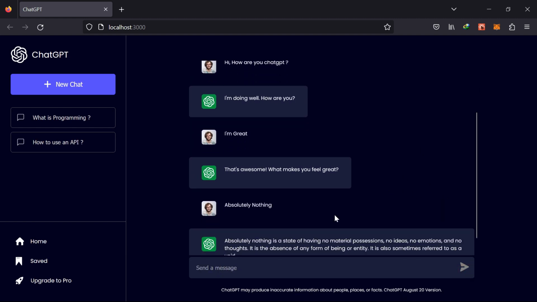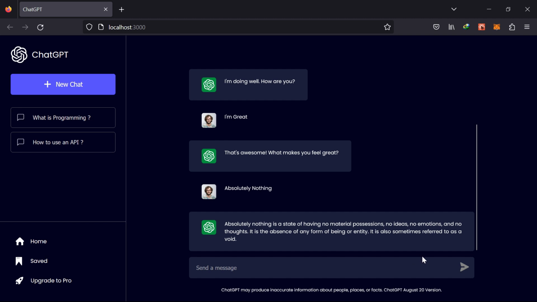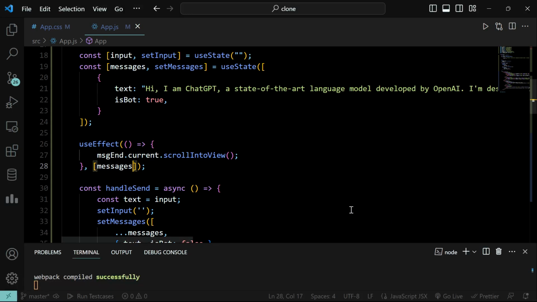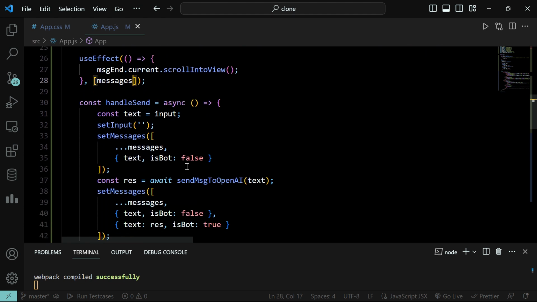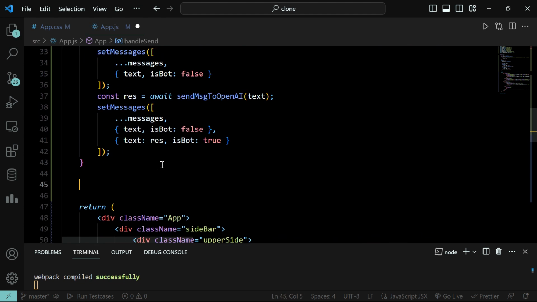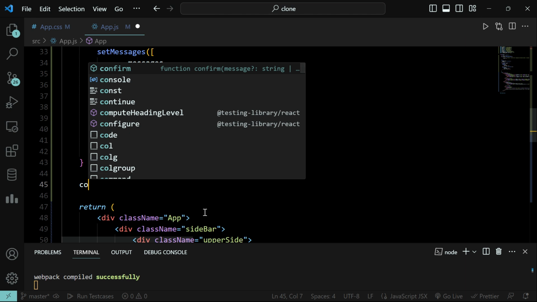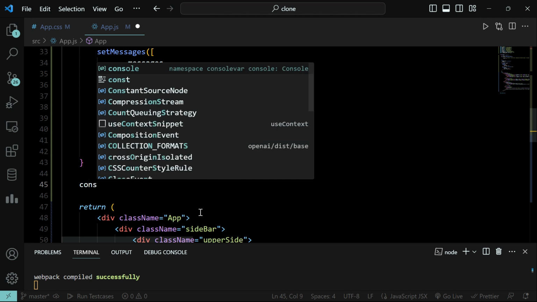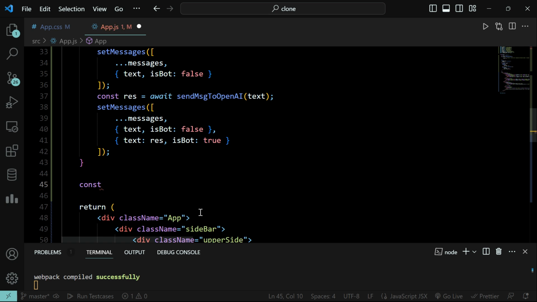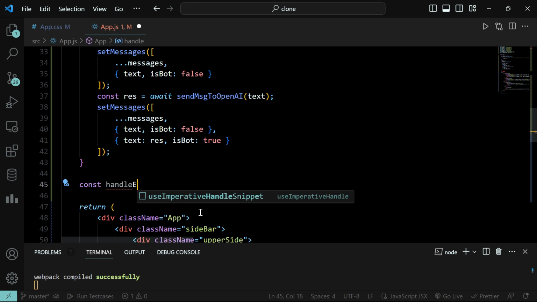Yes, the auto scroll is working great, but this is not a great experience, that you have to type everything and navigate here to enter send. So I can set a handle enter key, like if we press enter, the message will be sent. So it's on you whether you want to do it or not. So you can just make a handle enter,